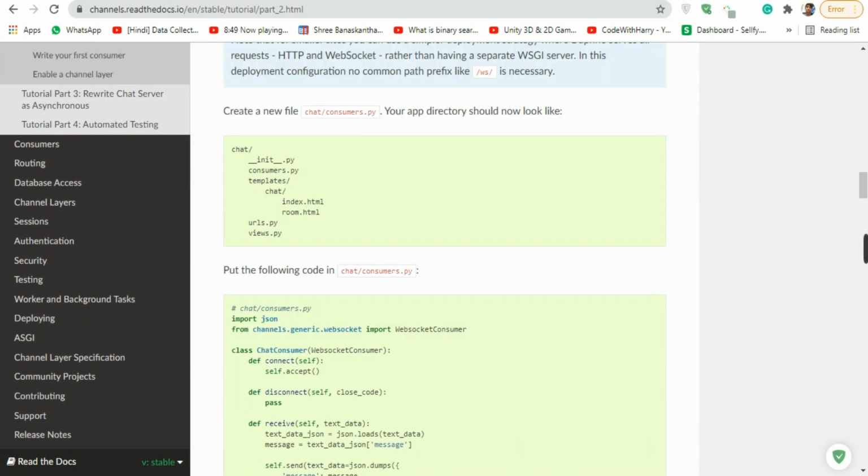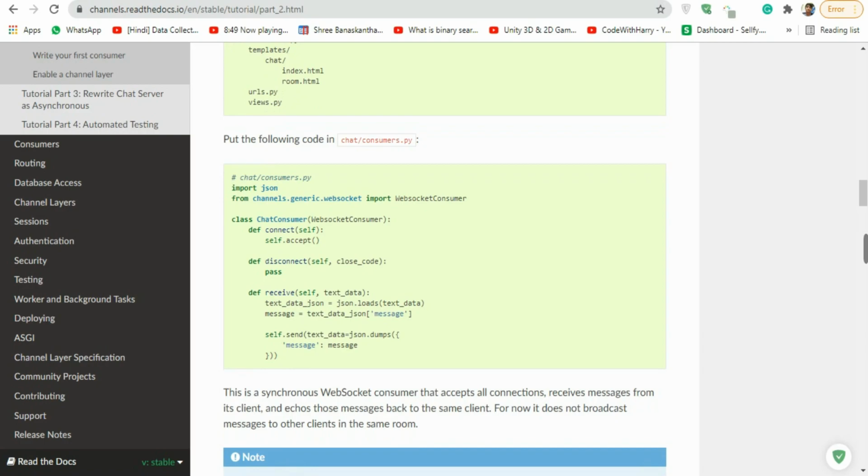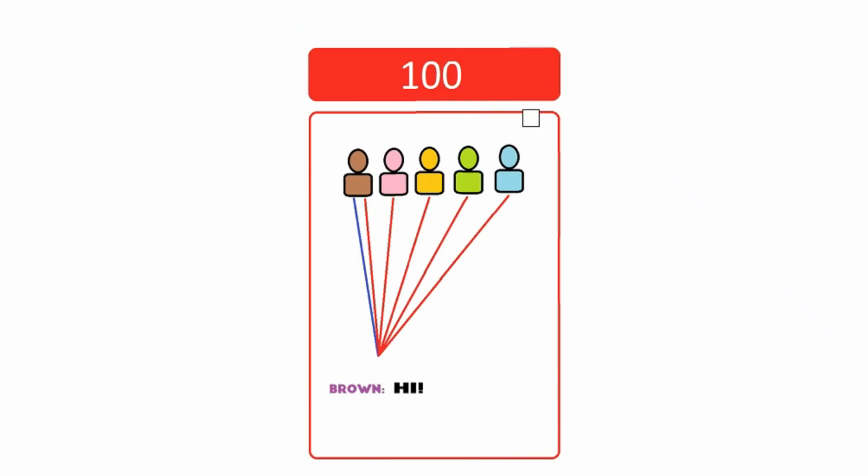So basically, in order to create a WebSocket, first of all we have to create a consumer.py. Now why we need the consumer.py file? Remember I told you a single room can have multiple users, and any single user can have a route, a way, a road to send the message and also receive the message.